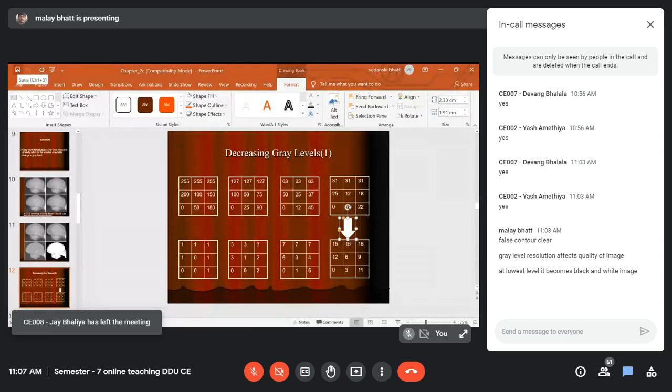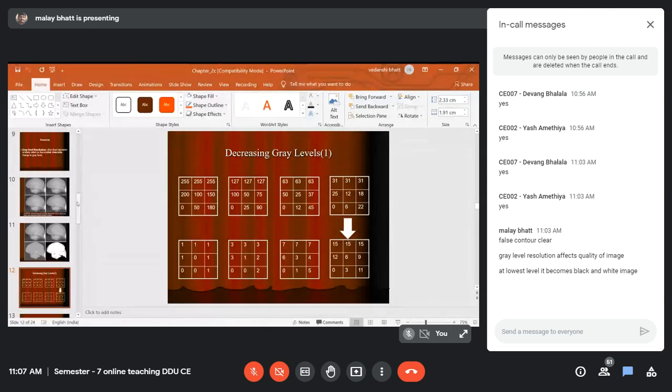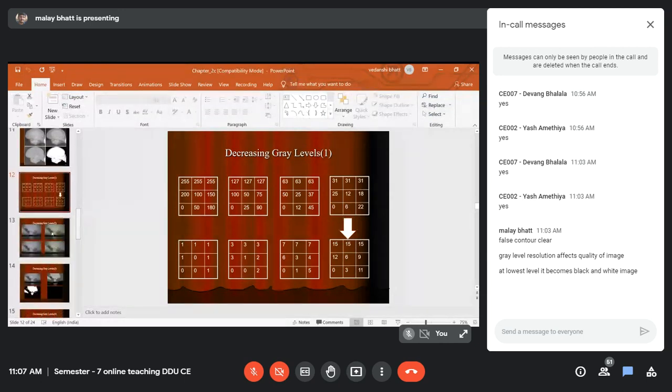Then we'll convert into 8 gray levels with 3 bits only. Then into 4 gray levels. And finally, into 2 gray levels, 0 and 1. That is a pure black and white image. So just by dividing the numbers by 2, we'll get this.